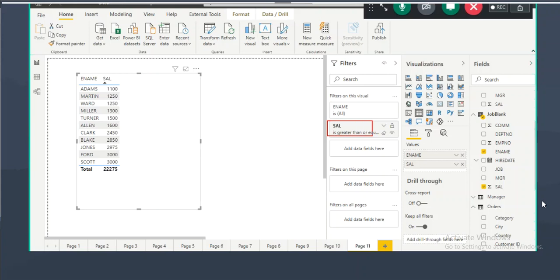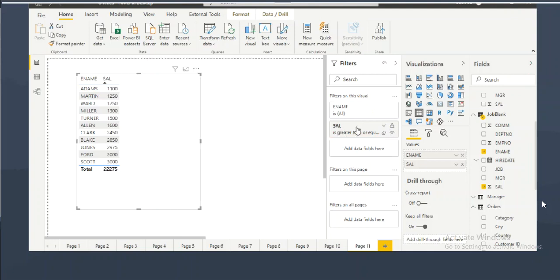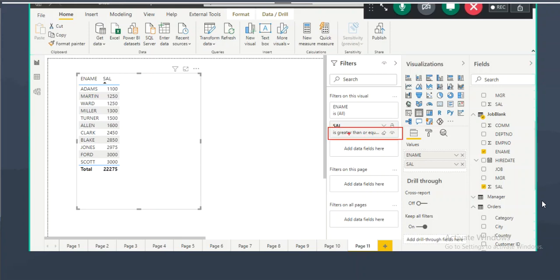Sometimes I want to show the filter. By default, when they see the filter, they can even change the filter condition also. Sometimes I want to show the filter condition, but I don't want them to change it. So there is an option called what? Lock filter. When you lock it, they will see this filter. Can they change this filter? No. By default, when you save and publish the report, they will see the filter span, and clients can even change the filter conditions.